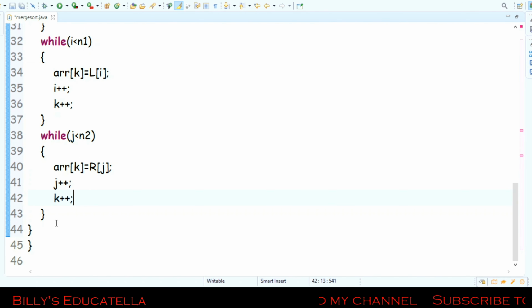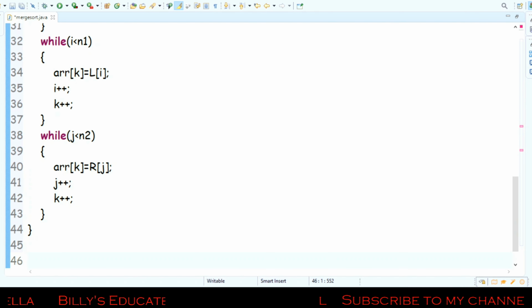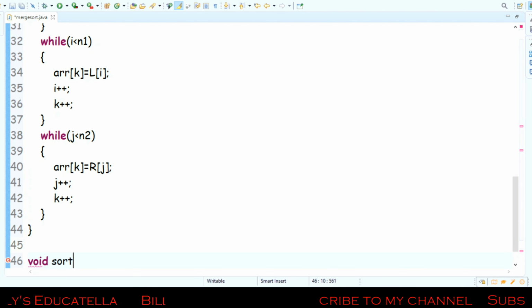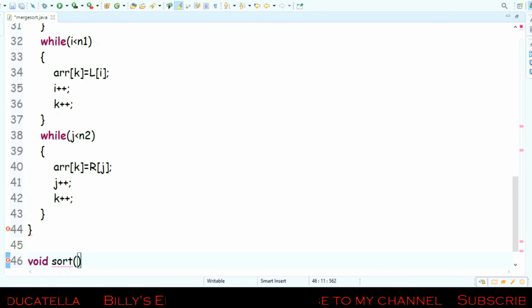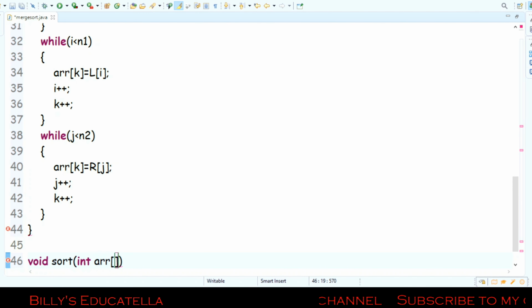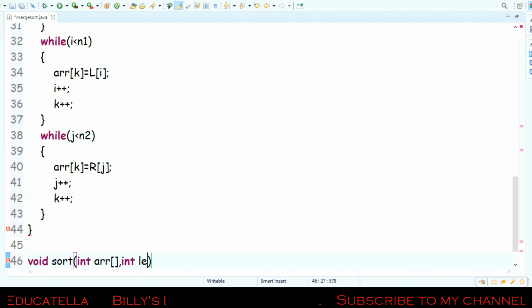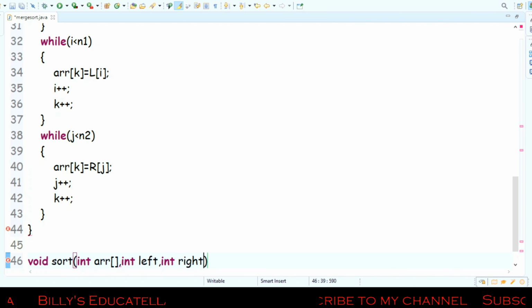After completion of this whole merge, I am writing void sort for sorting the given array: void sort, int array, int left, int right. Here I am taking an array.